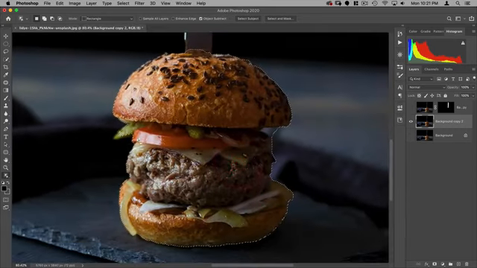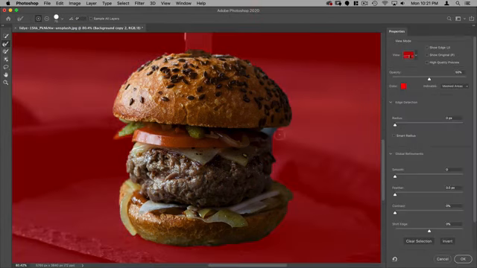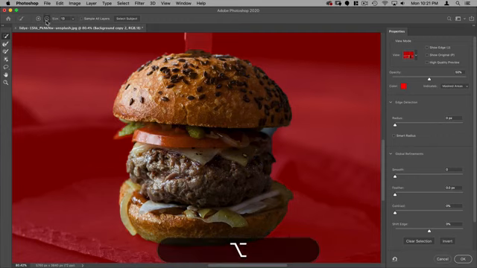So it's done a halfway decent job, but we're going to clean this up a little. So let's go to our select and mask, and we can see right here. So I'm going to go to my quick selection tool. You'll notice it's on plus right now. That's its default behavior. But if I hold down Option, it'll temporarily go to the minus. So that's without Option. That's with Option. You can see that's changing there.